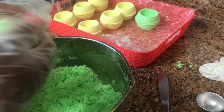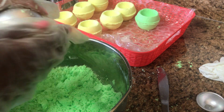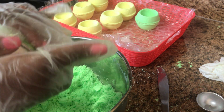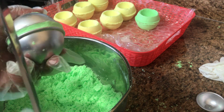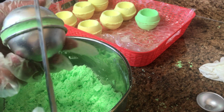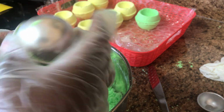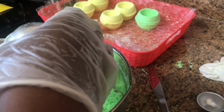You guys, you cannot be afraid of your bath bombs. I spent so many years being afraid of my bath bomb mixes and all of that. And it's pretty simple. You know what I mean? You're in control, so don't freak out. Just fix it. Tap it all the way around if you can. And you'll feel the movement of it. It seems a little hollow. And there you go. You take the other side, release it,